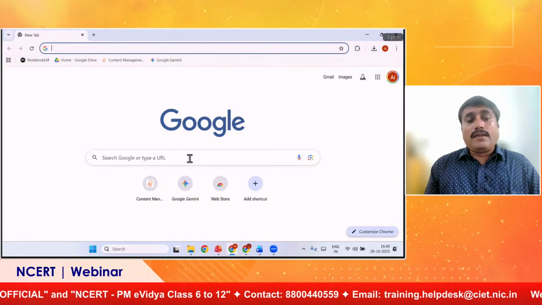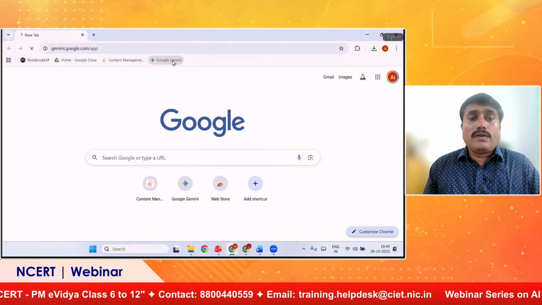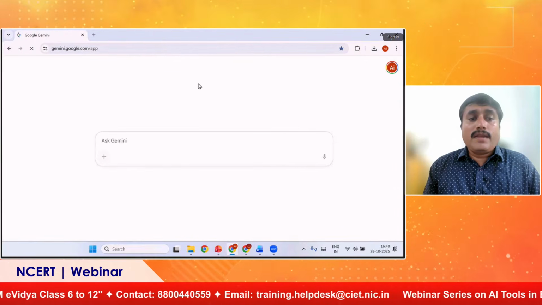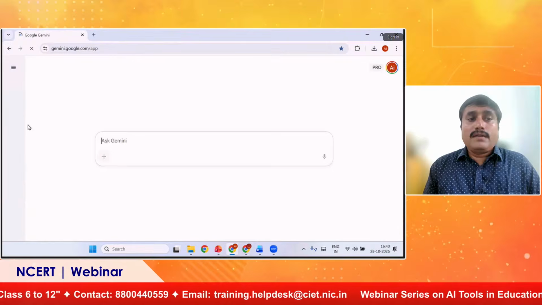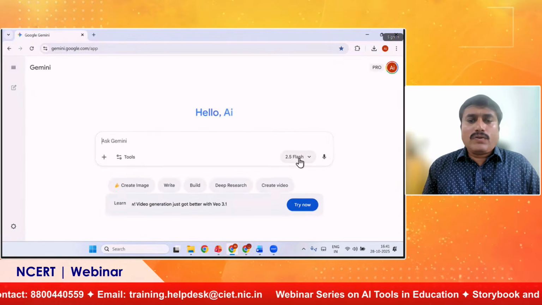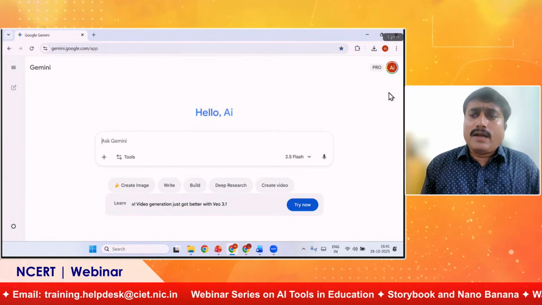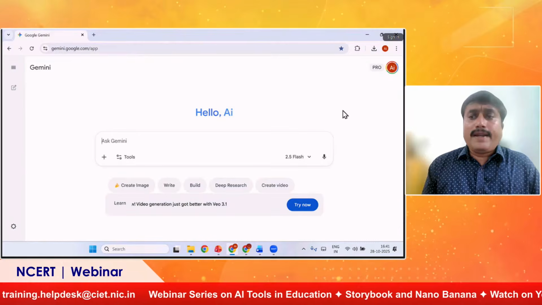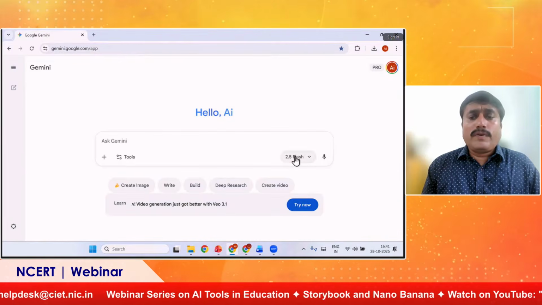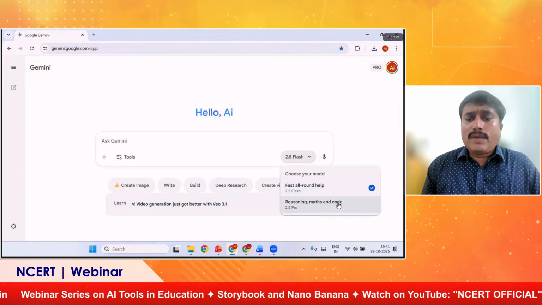So now we are going to the tool called Google Gemini, and there is an option in the free version also. I am using 2.5 Flash, so you can also log in with your email ID and use the 2.5 Flash model, or 2.5 Pro for reasoning, maths and code.